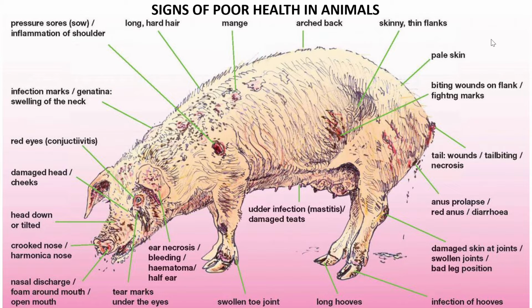But looking at this slide, we can see that this animal definitely looks diseased. I'm amazed that this animal is still alive. There are many things wrong with this picture. We can see the hooves are actually longer than they should be. The legs look a little bit bent and broken. We see sores everywhere. We even see mange. Mange is a skin condition where the hair is falling out. Even the eyes look a little bit droopy. They say it's conjunctivitis, so there's something wrong with the conjunctiva on the outside of the eye. There are sores everywhere. We can definitely see there's something wrong.